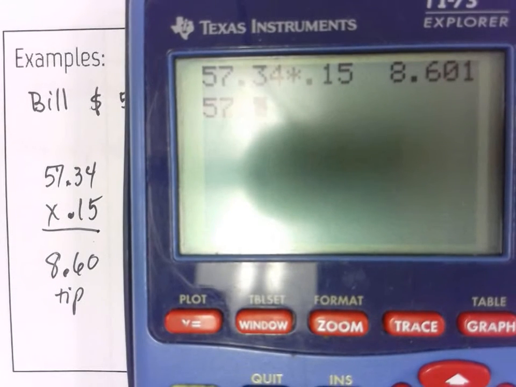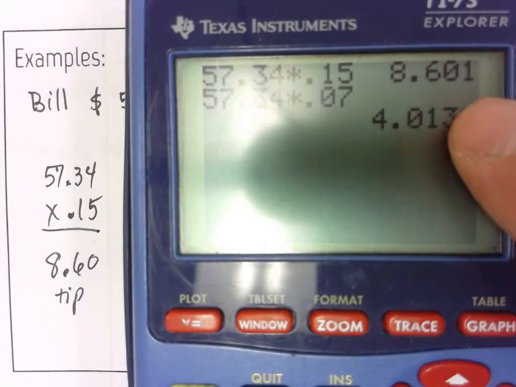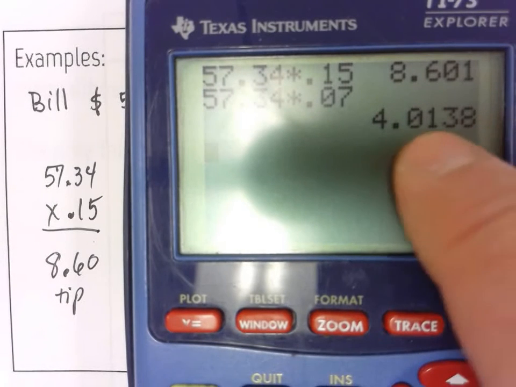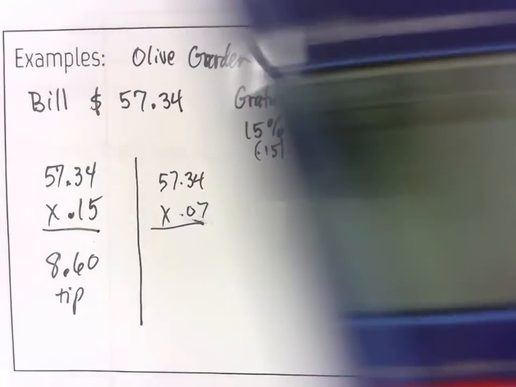57.34 times 0.07. Looks like that would be $4, and don't need to round that up, so $4.01 in tax. Again, if you did it by hand, you can see where you need to move the decimal over 4 places. 1, 2, 3, 4. So that's $4.01